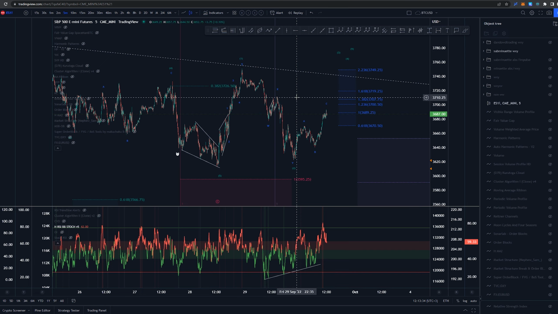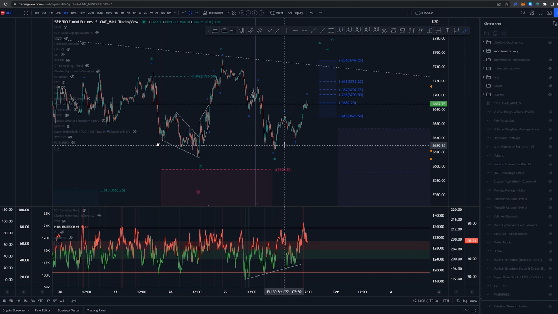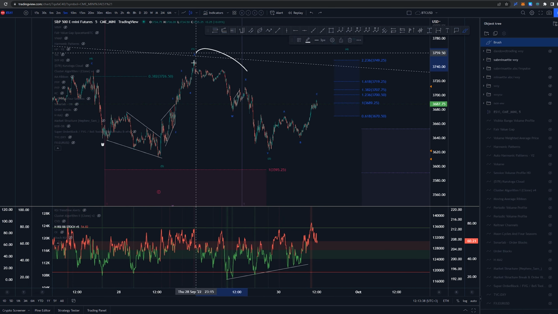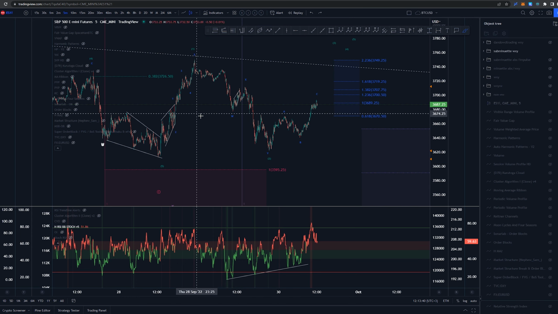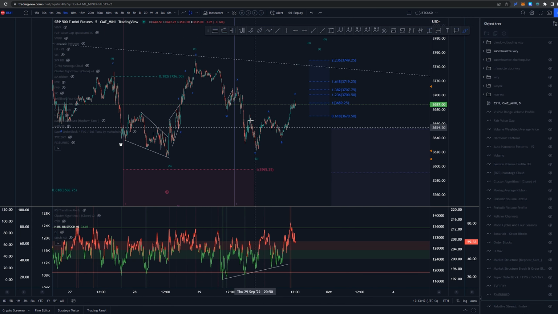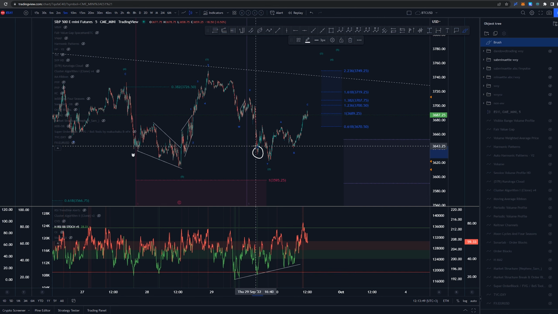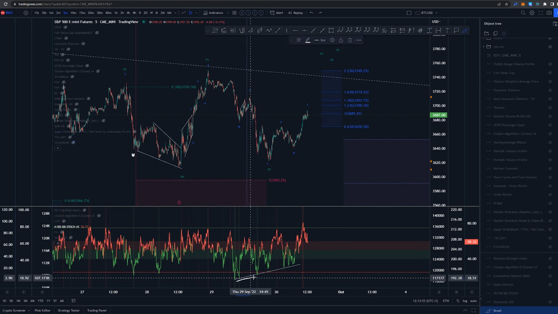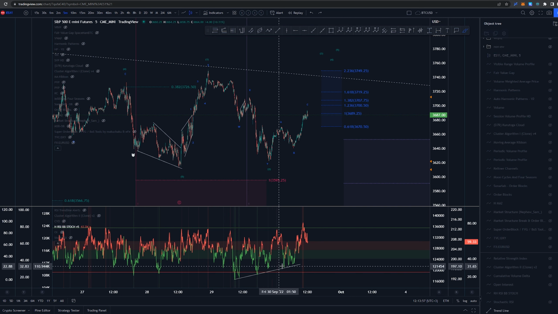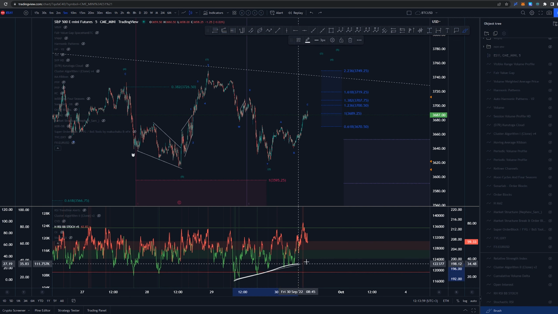Almost to the 0.5, and then another possible 3-wave structure. I'm going to be showing you another way of labeling this in just a moment. But yeah, this is the way I had it. Now I added to my longs on here, on these lows, and on these lows. We're still seeing these divergences happening all throughout, and yeah, we're just getting this upward moving trend line here